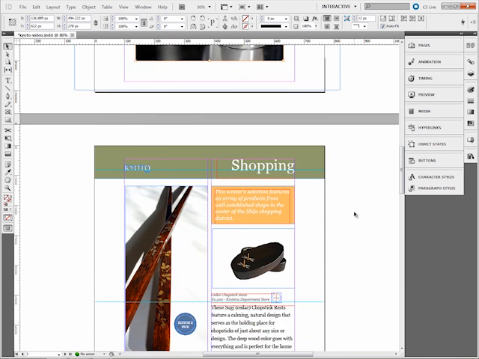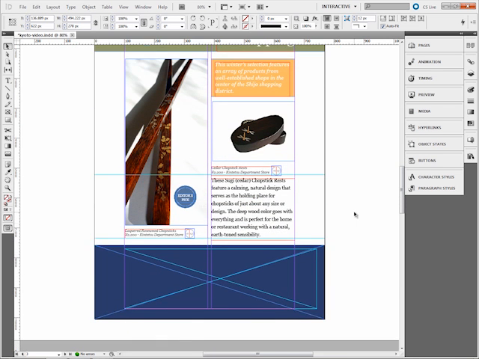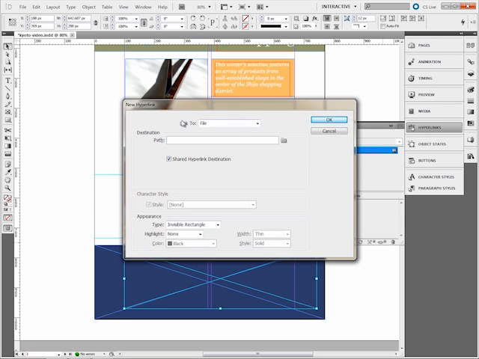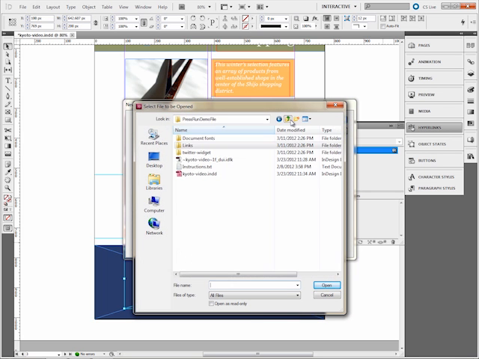So I'm going to scroll down, and I've got a frame that's drawn here at the bottom, and I'd like a Twitter feed to appear here when the viewer gets to this page. So with this frame selected, I'm going to open up the hyperlinks panel, and I am going to select new hyperlink down at the bottom of the panel. I want to make sure that link to file is selected, and I'm going to just browse to the proper